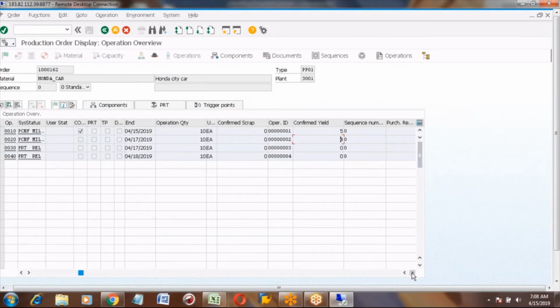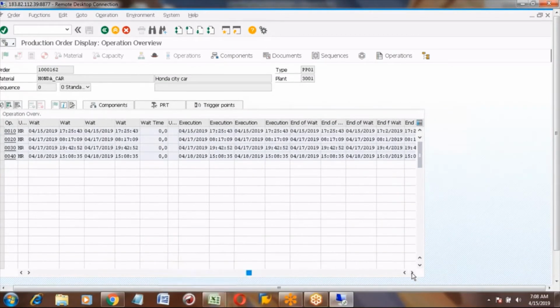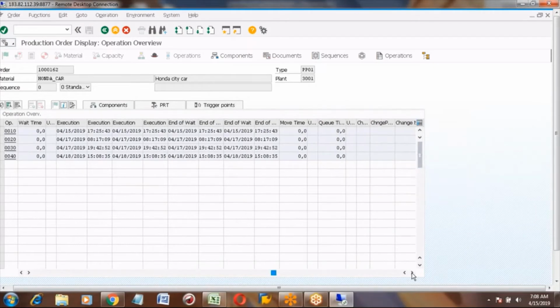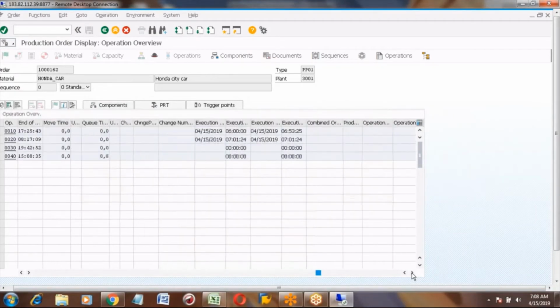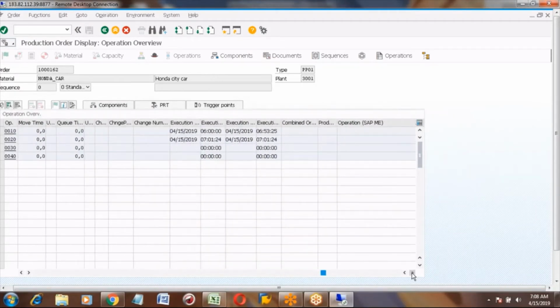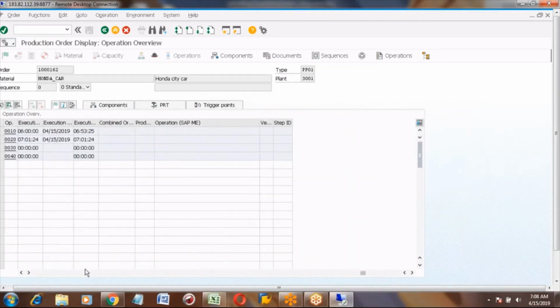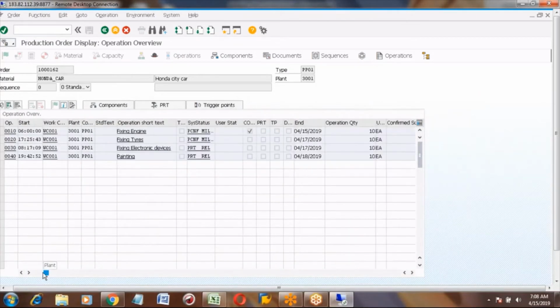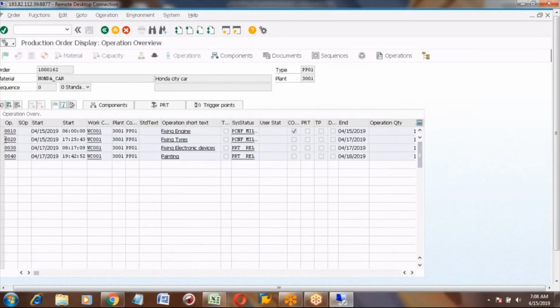If you want to see how much rework happened, you select this operation with the confirmation error. One column. Maybe this one is rework? No, the second operation is rework.